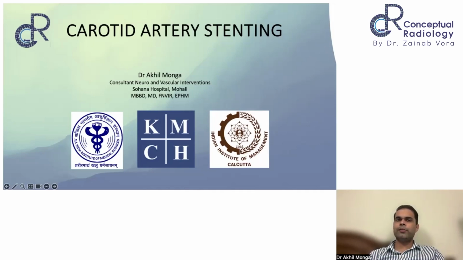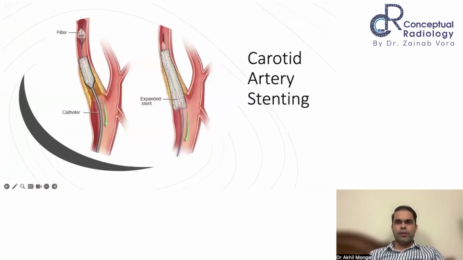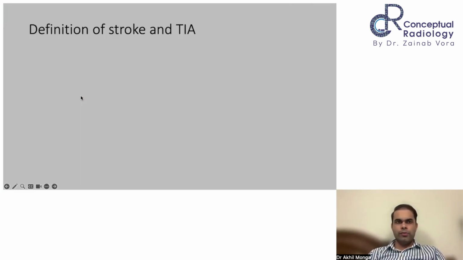In the acute setting, it is more of a tandem occlusion, where the carotid artery got occluded and it sent an embolus up into the MCA, which has led to the acute stroke. But today we'll be focusing more on isolated extracranial carotid artery stenting. So this is the basic idea that you have a plaque here and you put a stent across it. But whom and what to stent, which lesions to stent, which to leave, when to stent is all what we